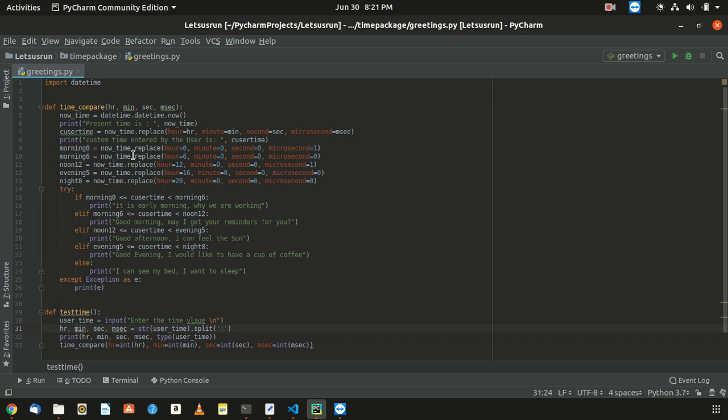Now the point is the time replace uses integer values and you're getting a basic string value. So what you're going to do is, I'll show you, you'll get a string, and once you pass it here you will get all of them as integer type. So what you can do, one more thing is